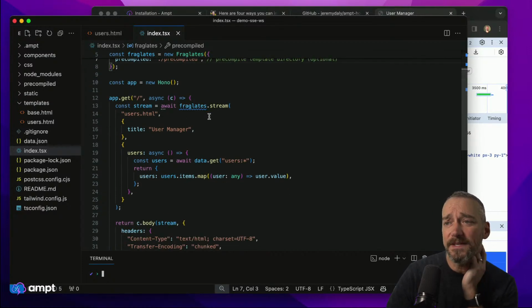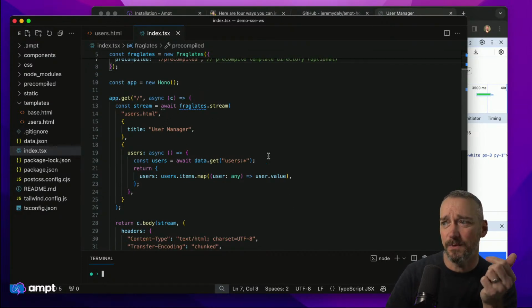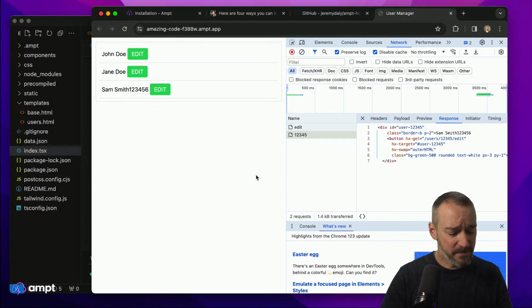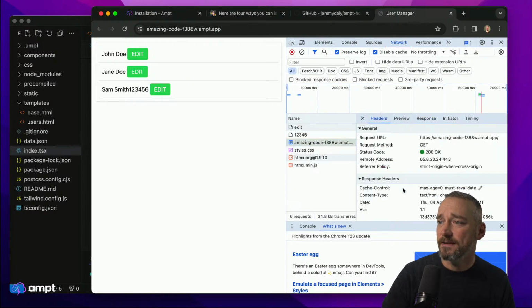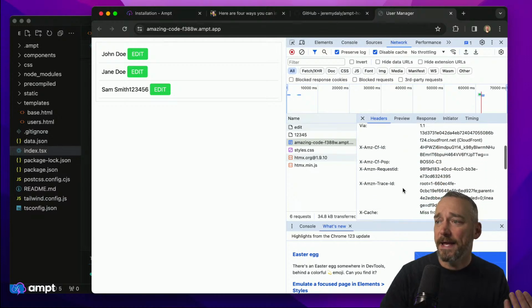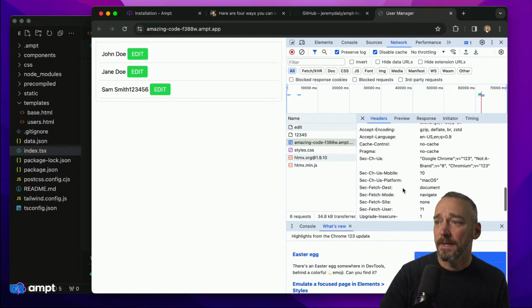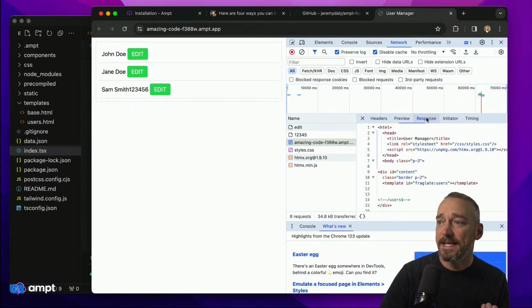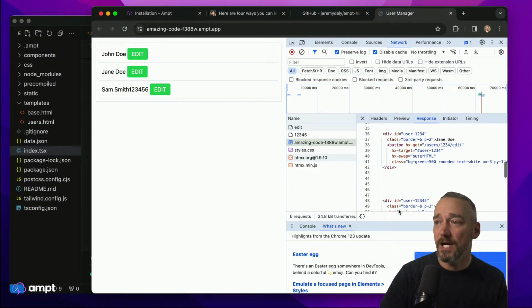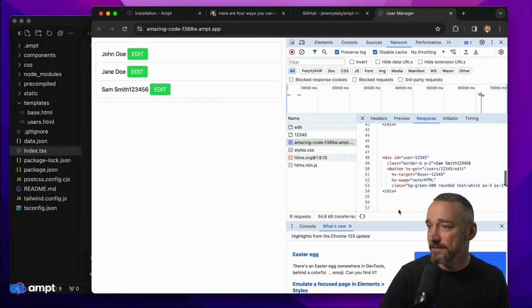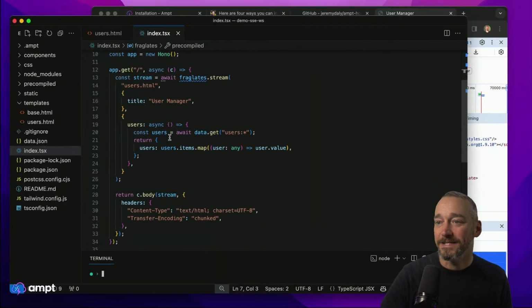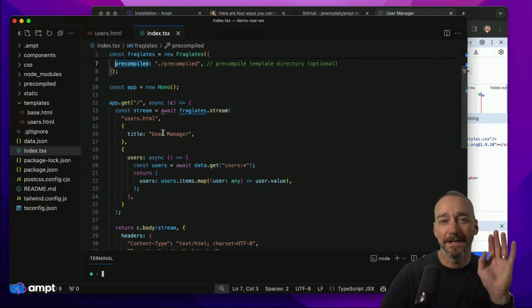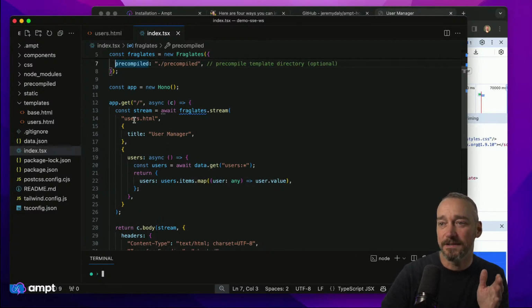So what this is doing here is streaming this data to us. If we refresh this page here, and we look at this, this here is streaming the data and giving us all the information that's getting spit back to us. Now it's actually spitting it back in one big chunk. Actually, this isn't spitting it back in one big chunk. Interesting. So the way that the streaming works with Fraglets, again, is essentially